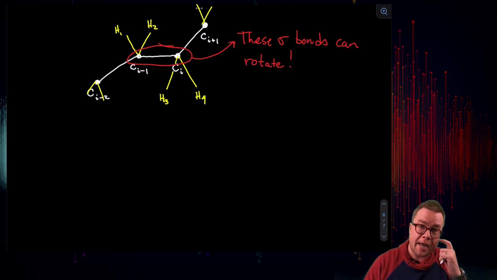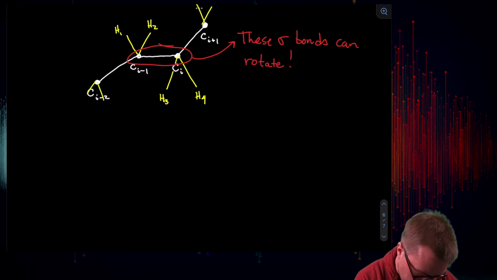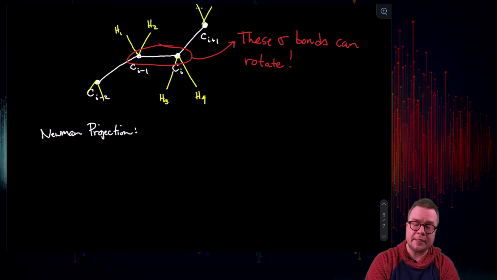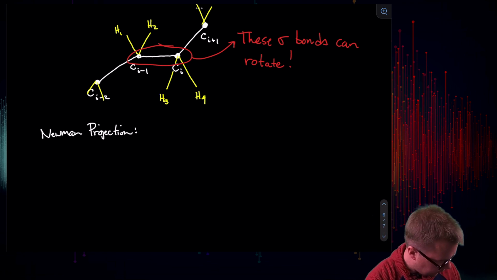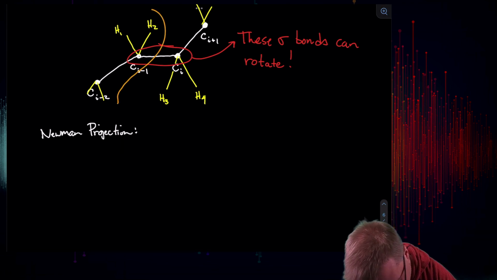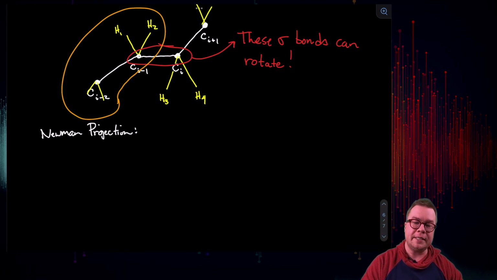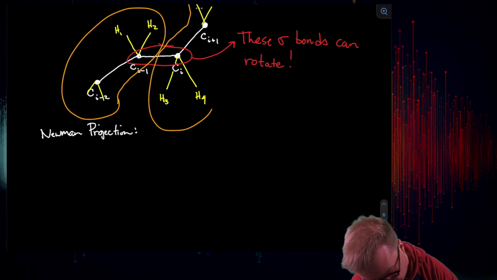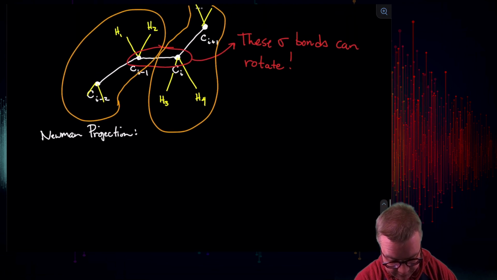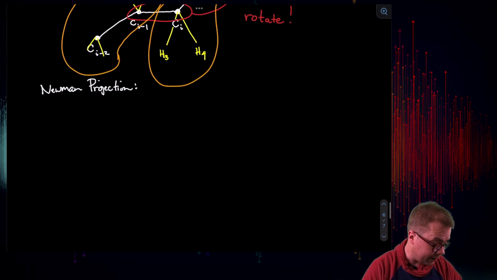The next thing you could do is look at a Newman projection of this. If some of you haven't had organic chemistry yet, you may not have seen this, but if you have, you've certainly seen a Newman projection. What we're going to do is plot what is going on on this side in terms of the orientation of the bonds with what is going on on this side in terms of the bonds. And so the Newman projection for this segment of the polymer chain, the way that I've drawn it so far,